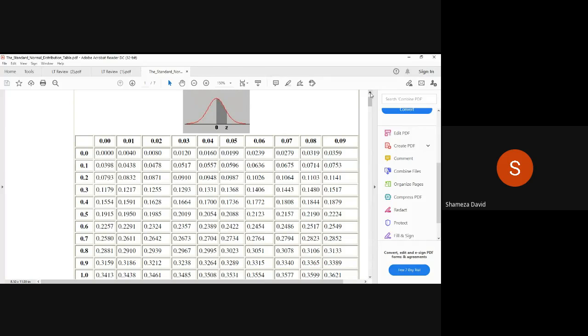Remember, when we say within 1, 2, or 3 standard deviations, we mean plus and minus the mean. The way the table is constructed, it tells you the probability for the area under the curve between 0 and any given Z value. So between 0 and 1, this is the area under the curve we will shade, for instance. And the probability for that area, if it's exactly 1.00, is going to be